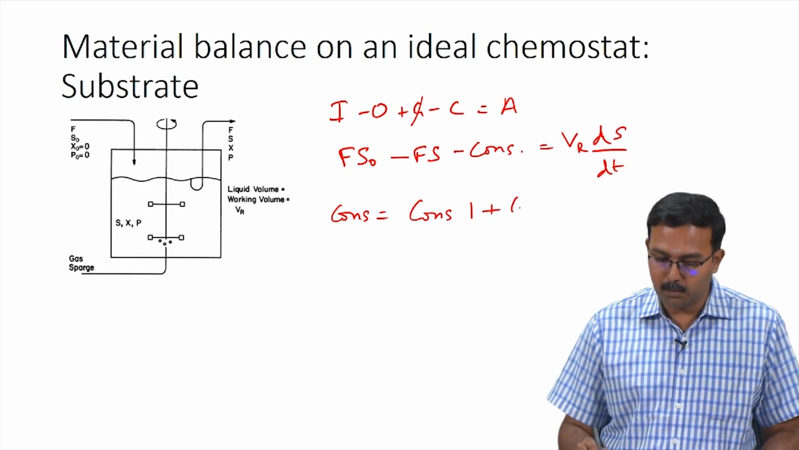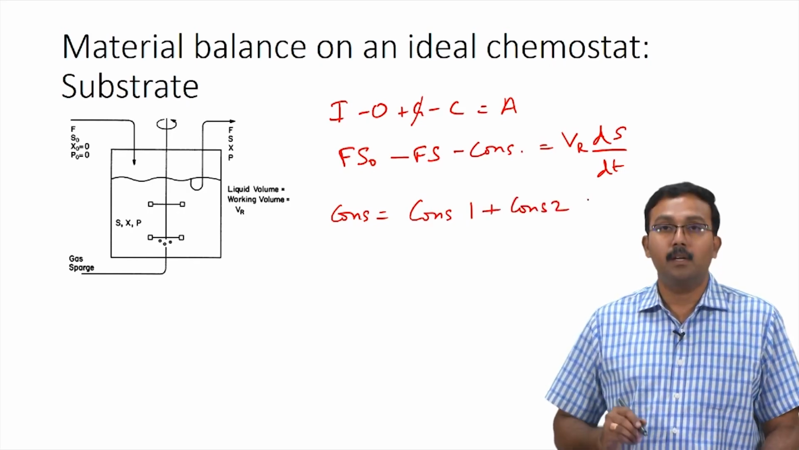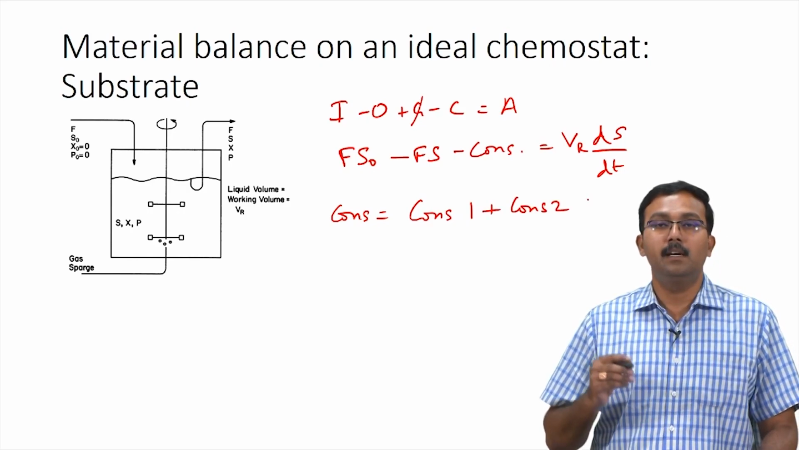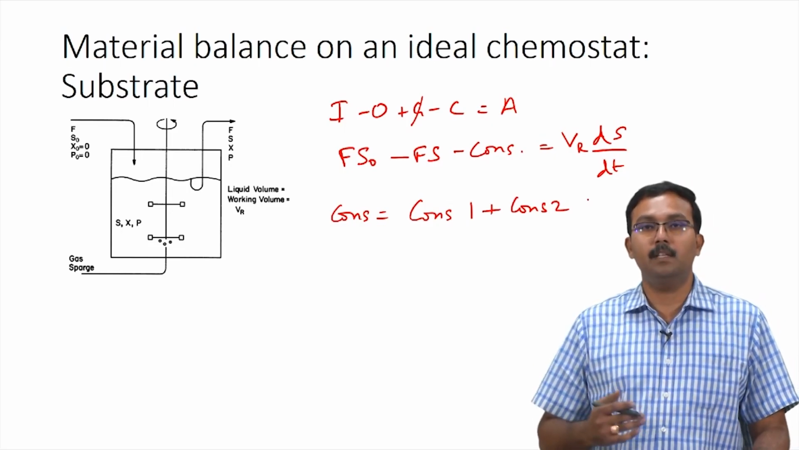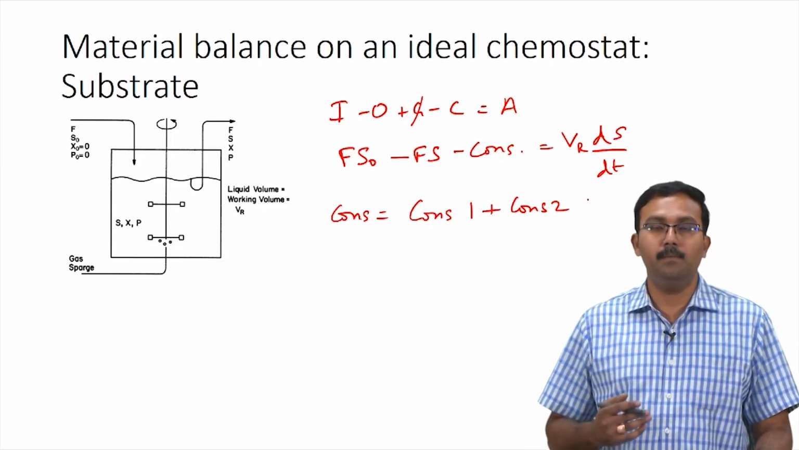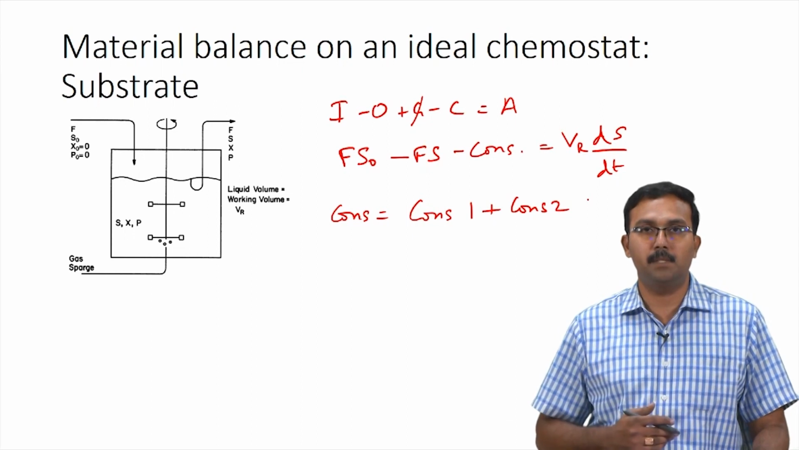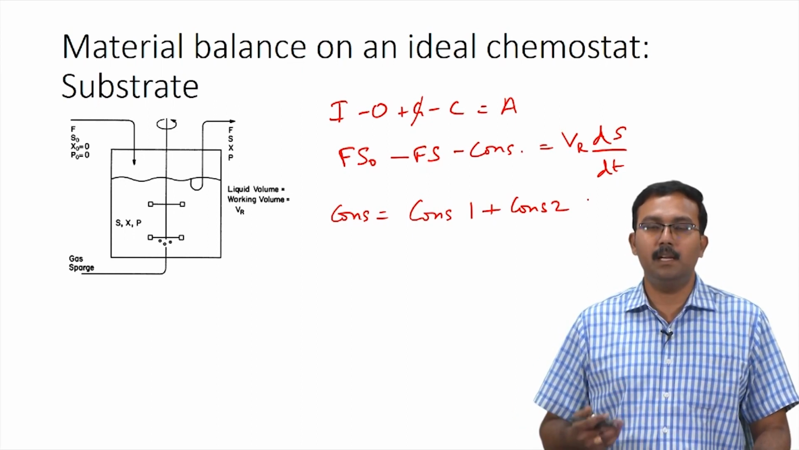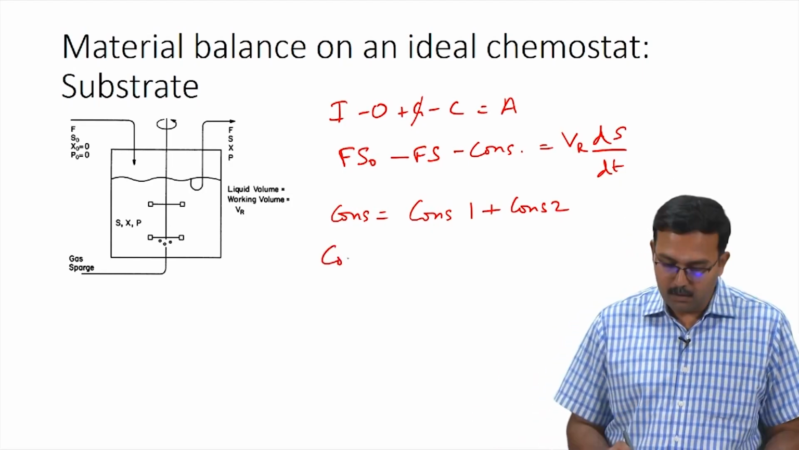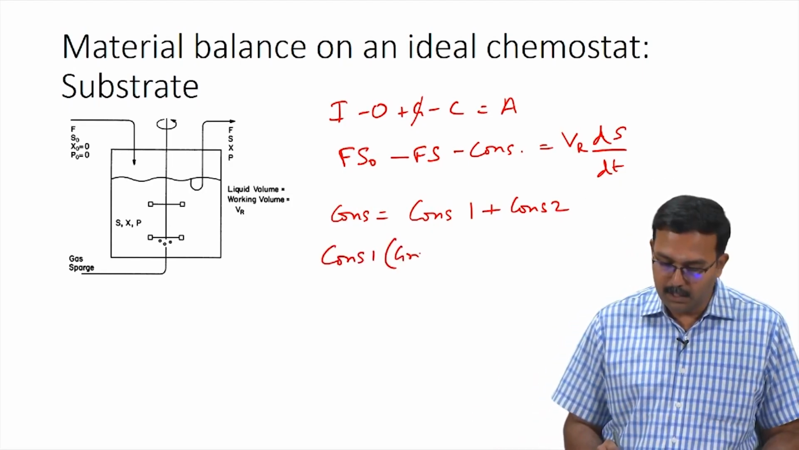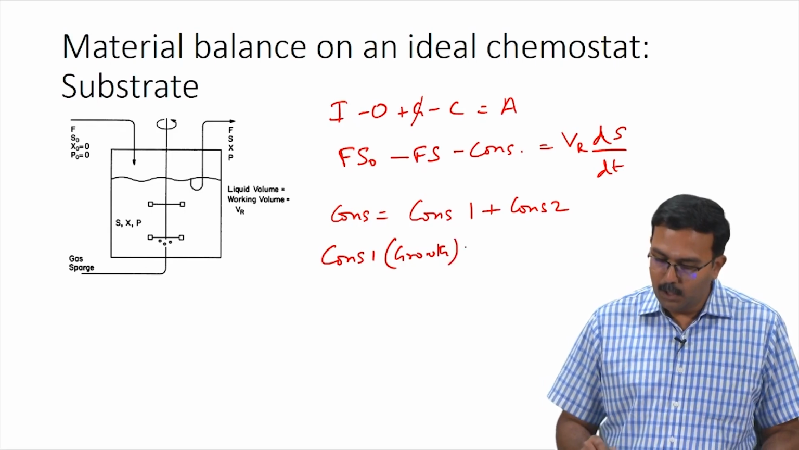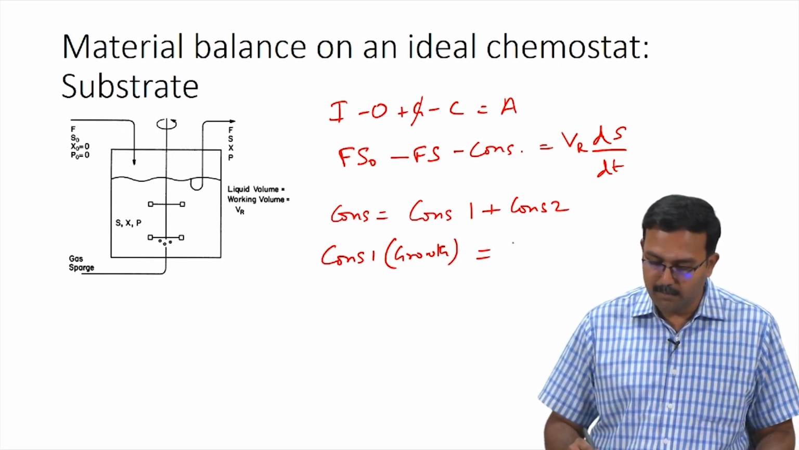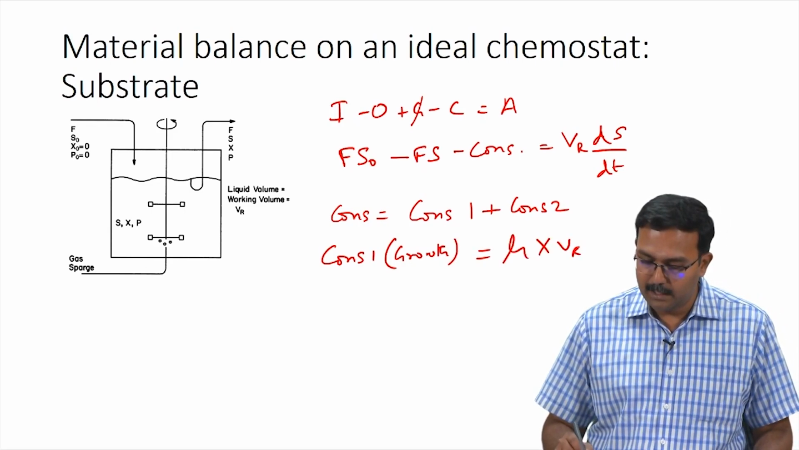We will call them consumption 1 and consumption 2. Consumption 1 would be the consumption of substrate for the cells to grow, so that would be the growth associated substrate consumption. In addition, you can also have product formation, which could result in consumption of substrates. So consumption 1, which is associated with the growth of the cells, would be given as mu x Vr divided